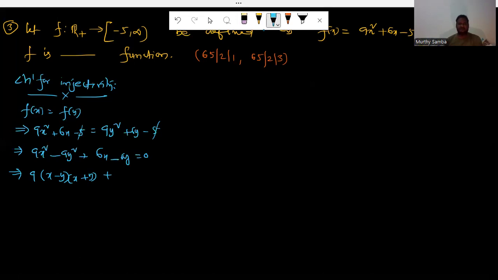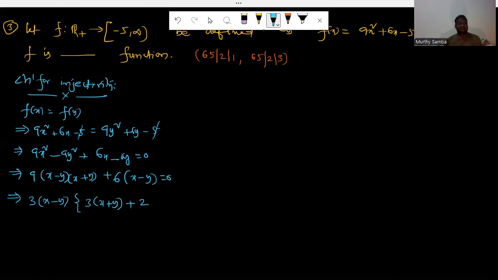All right, so 6x minus 6y equal to 0. You can take one 6 common out, and then 6 times (x minus y) is equal to 0. Totally, how much can be taken common? Of course, x minus y. From 9 and 6 also, you can take something common, that is 3, right? So totally, 3 times (x minus y) can be taken common, remaining one more 3 times (x plus y) plus